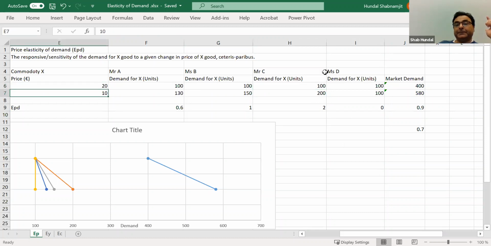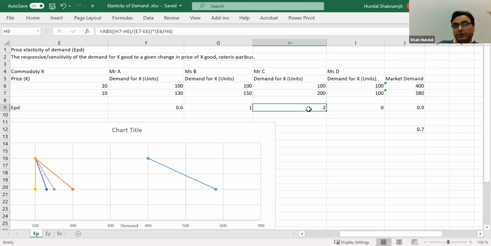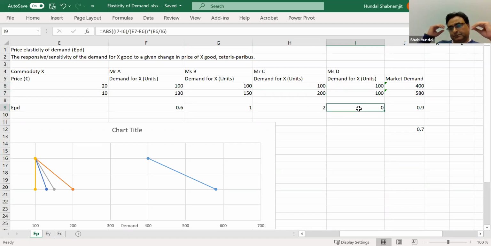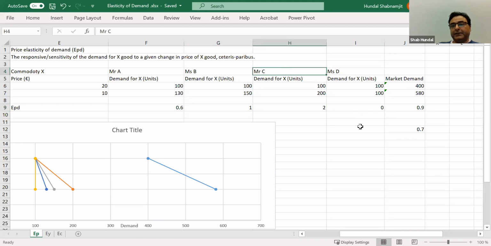But if the commodity you sell is more like an essential, if you lower the price in a developing country, in the underdeveloped countries, people are consuming less already. Maybe their food requirement is more, but they're consuming less. If you lower the price in those countries, the consumption of food will be more. Demand for food will be more. On the other hand, if you're lowering the price in the OECD country, people are having their food pattern fixed. They have enough food in the kitchen, and maybe there is no reaction at all. So elasticity of demand can vary based on two consumers living in the same society or in different societies.